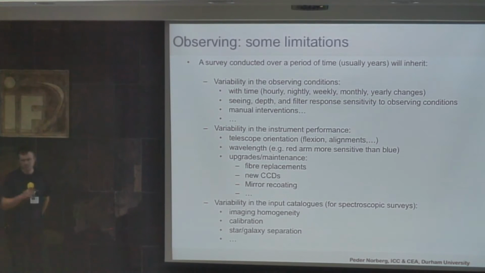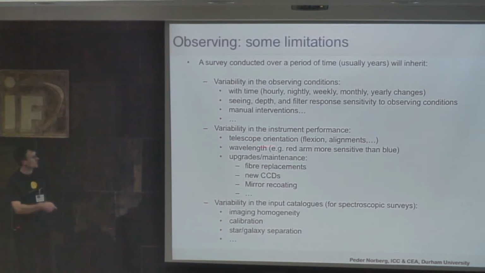I think in this case, BOSS had that initially, if I remember right, but they managed to get away with it because they had enough time to actually go back and do the work. If you're lucky enough, you can do it, but it's really hard. And modeling this is terrible afterwards because you don't want to model the probability of observing an object at a position because it was Thursday afternoon or the start of the survey. You can't do that, but these are the things you have to worry about.